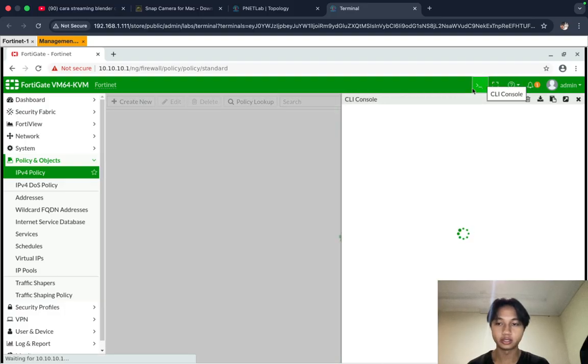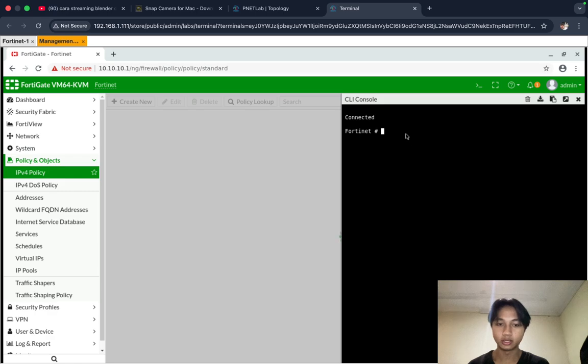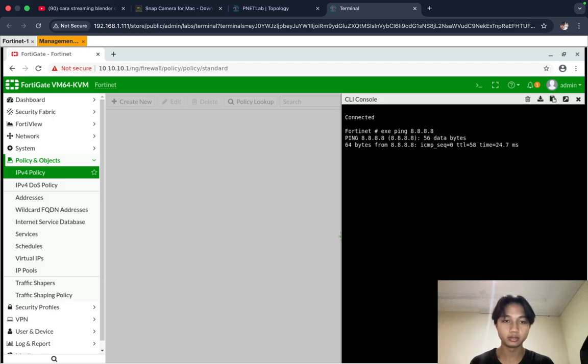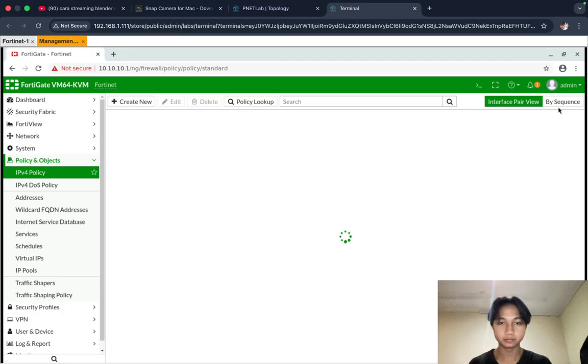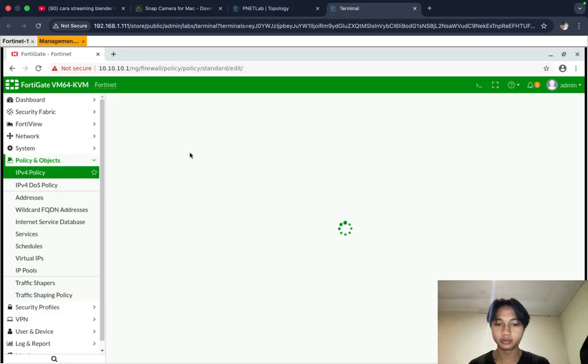Before we set the NAT, I want to check the connection with ping. You can see reply from 8.8.8.8. Yeah, just click create new.